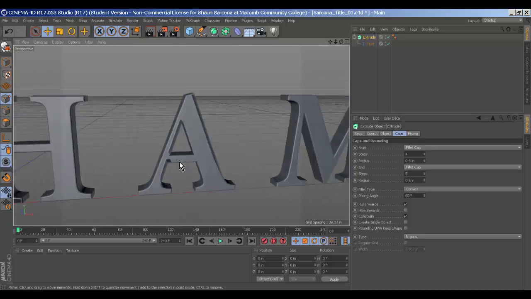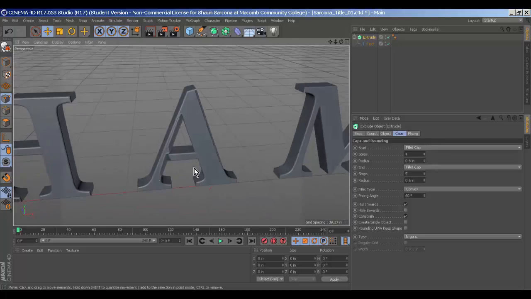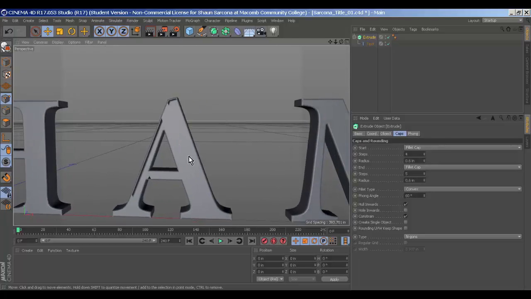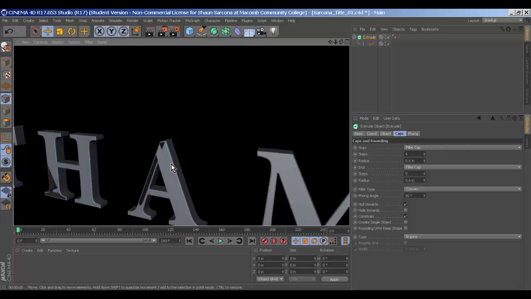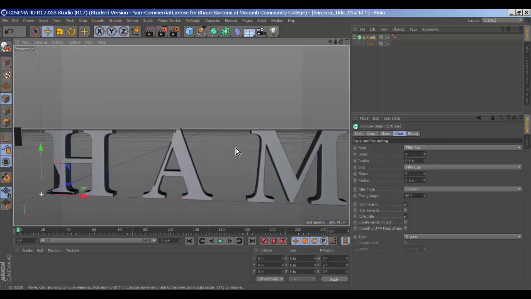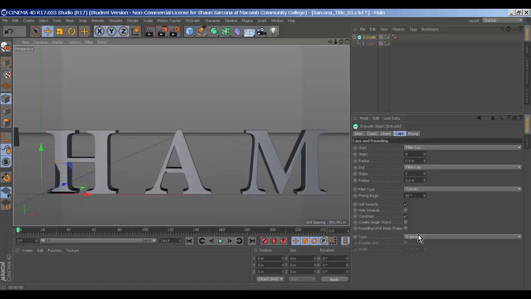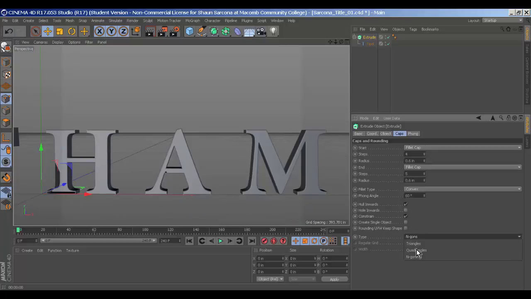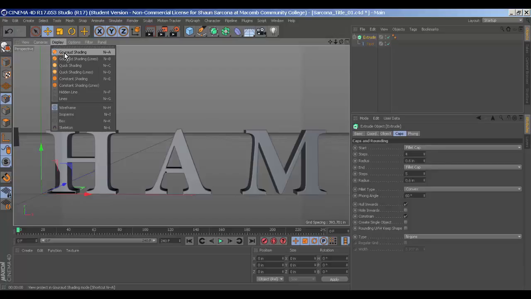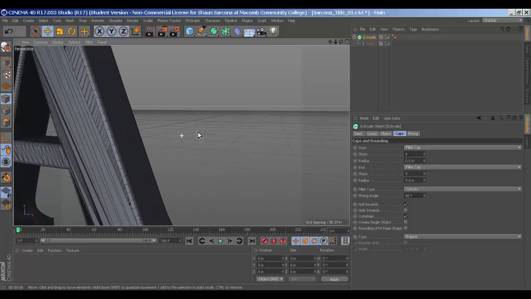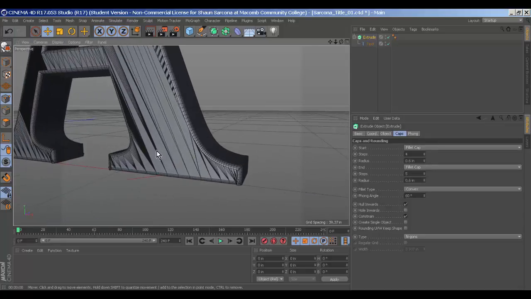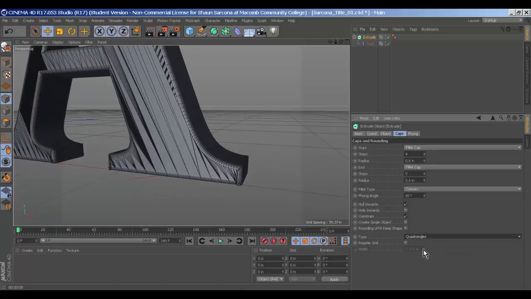Okay. Now sometimes you will get some weird glitches when you are working with this. You can see the A looks like it's cut a hole here and here. So I'm going to hit Control R and verify, yes, that is definitely cut. Same thing here with the H. I want to check and see why it's doing that. Sometimes it can be as simple as just changing this down here. Right now we're on n-gons, which means if I switch my display to lines, it's like cutting it up. If I switch this to quads,